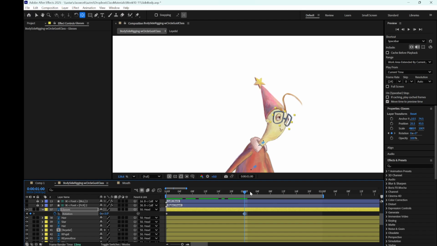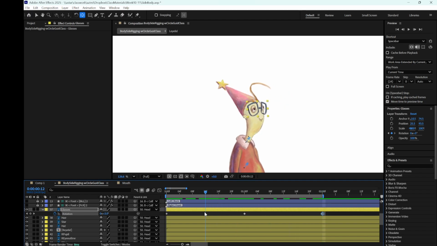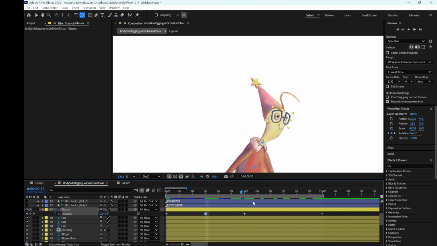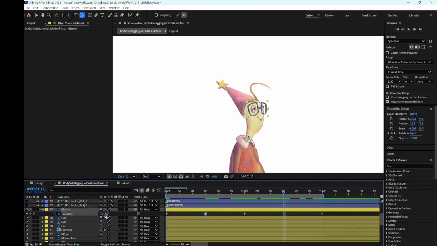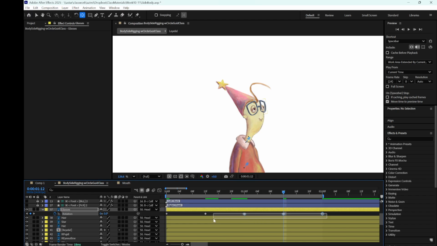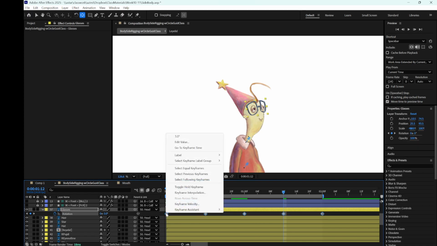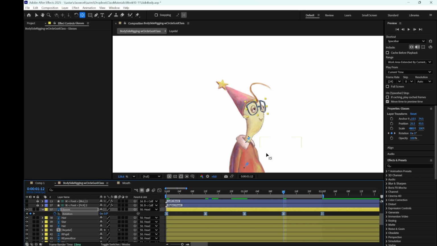I go to the other contact poses and create the same keyframe. Now in frame 12 it is passing pose. I make it -3. This looks like it is working. I go to the other passing pose. I put the keyframe of -3. I select them, add ease to that,